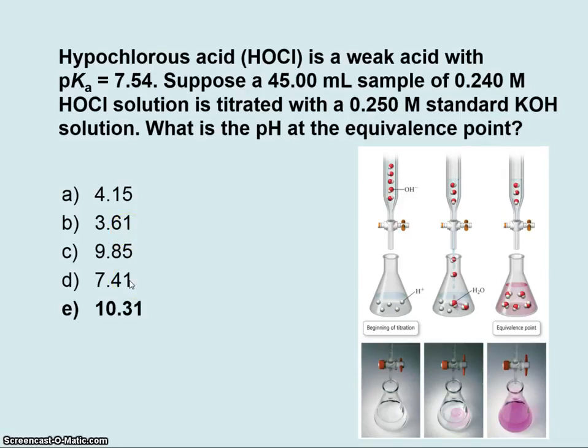How would I do that? Well, I would need to take my Ka and change it into a Kb. And then I would use my shortcut that the hydroxide ion concentration is going to be the square root of Kb times the new concentration. So